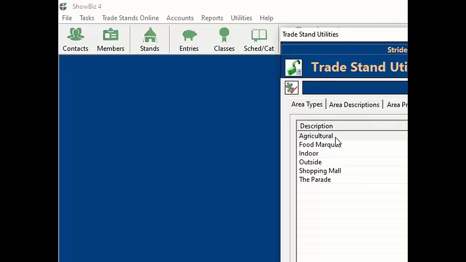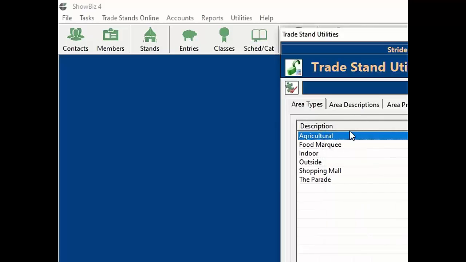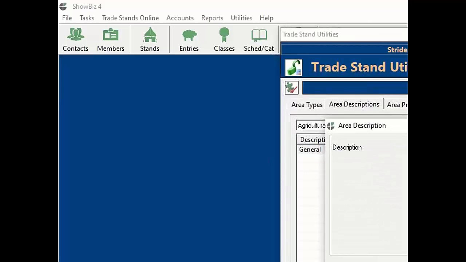So the first thing we do is set up our trade stand type. It's just a text box, put in your different things, so your area, like your overall general area. And then when you go to your area descriptions, your types are listed at the top. You can then add in your description, like your general, and this is exactly the same as just a text box. So you've just got your 3 levels of your types, descriptions, and then you get your prices for